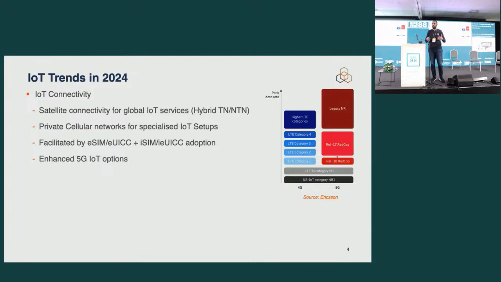Typically, when we talk about cellular IoT specifically, there are different categories. We might be talking about massive IoT, where we need lots and lots of devices that usually don't require high data rates. So typically we had connectivity options like narrowband IoT or LTE-M, which were both considered 4G and 5G technologies, and